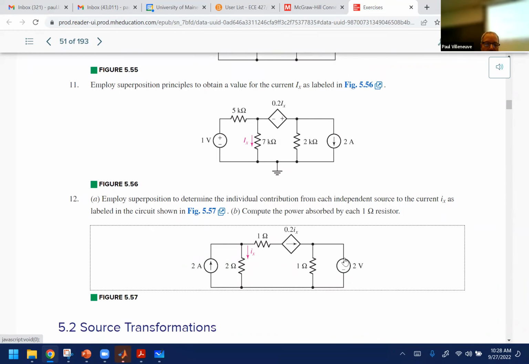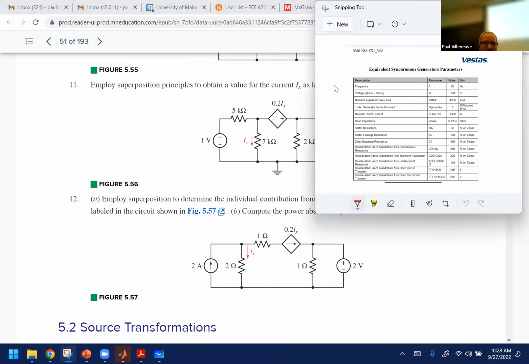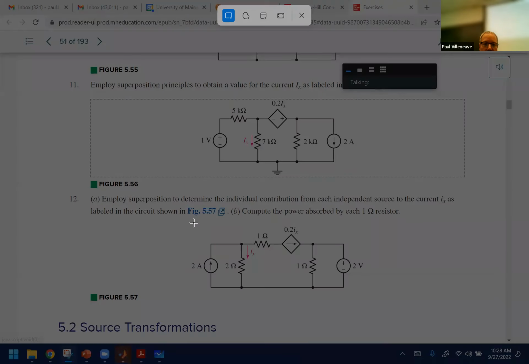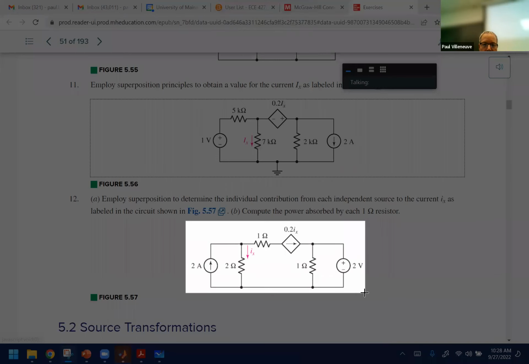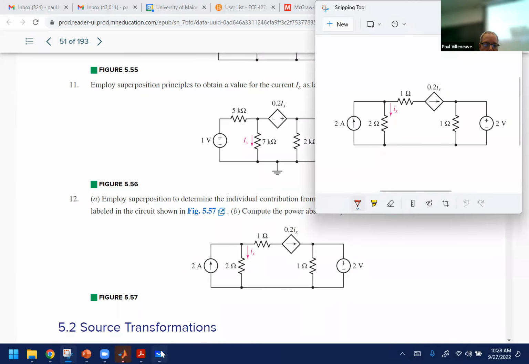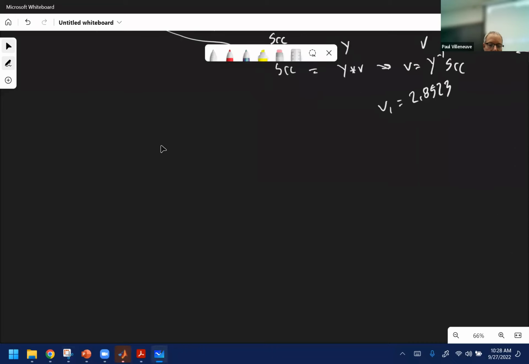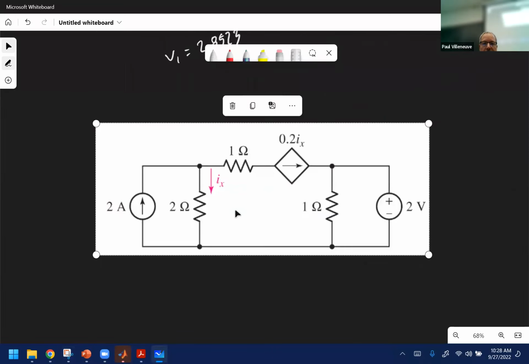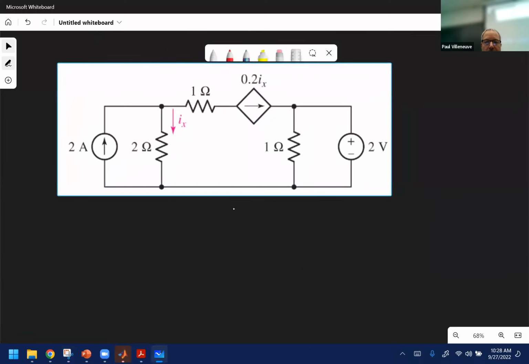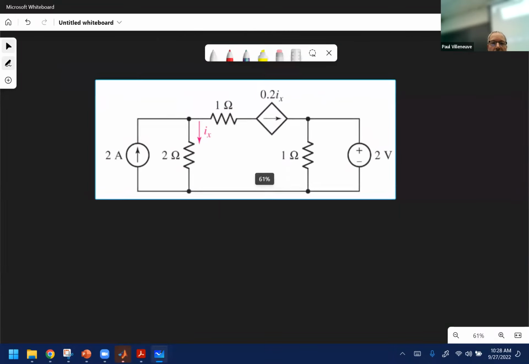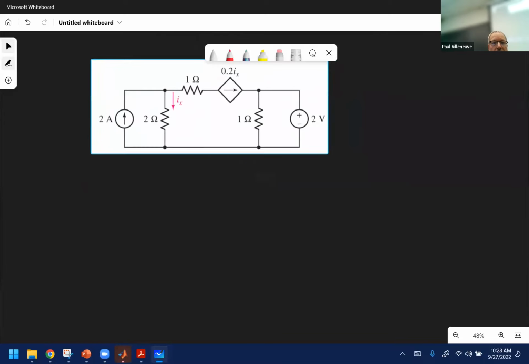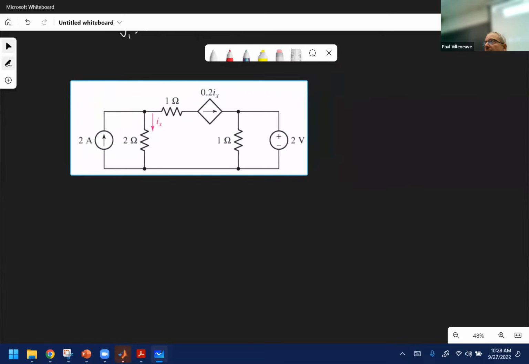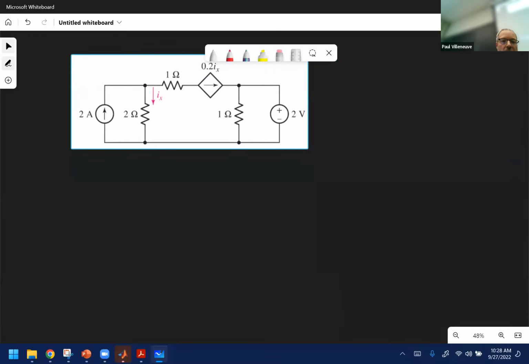All right, let's see if I can get a little more clever. Okay. Here's our circuit and we're going to do superposition. So what we're going to do is turn off each thing one at a time. What do you want to turn off first? You want to turn off the current source or the voltage source? All right, so we'll turn off the current source,